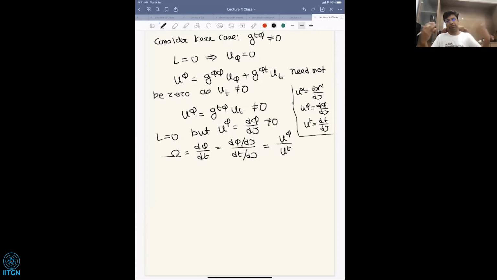But tau is a proper time. This is a time-like observer. I'm thinking of this as a proper time. Good. Okay. So therefore, what we have, very carefully, what should be the omega for this ZAMO, zero angular momentum